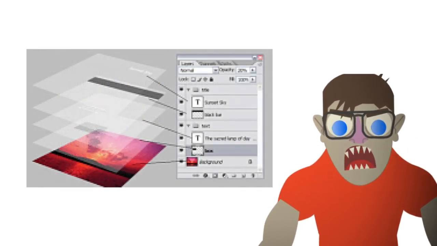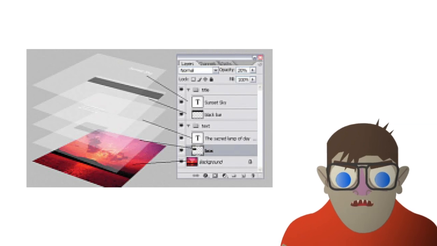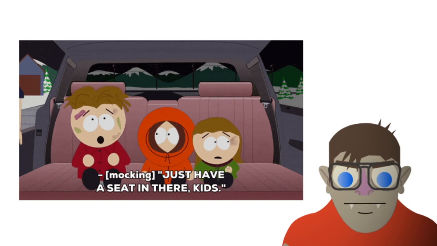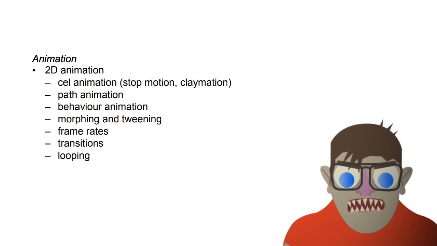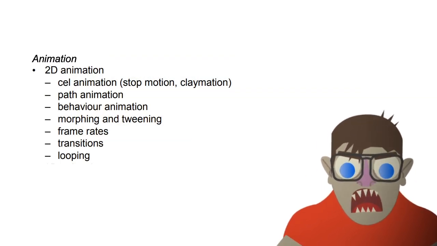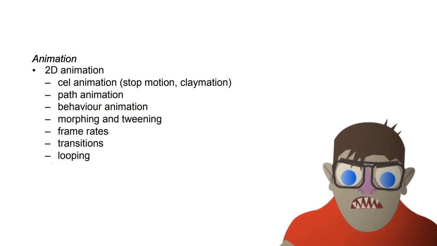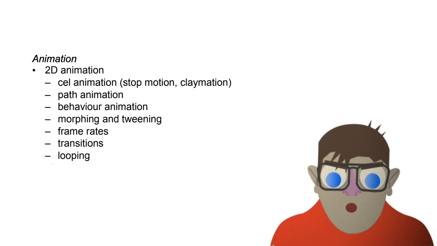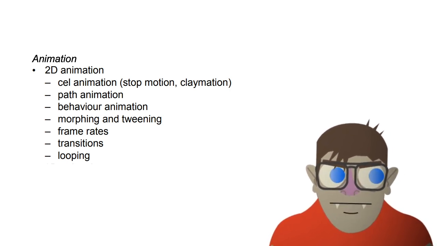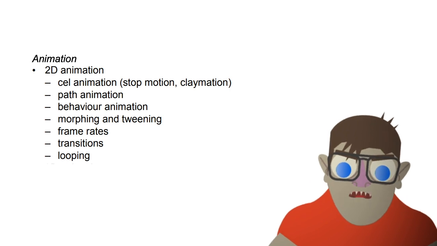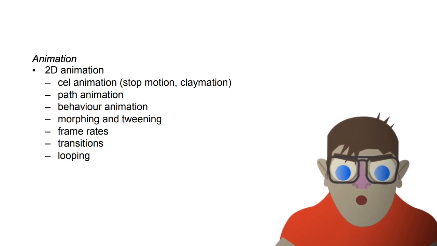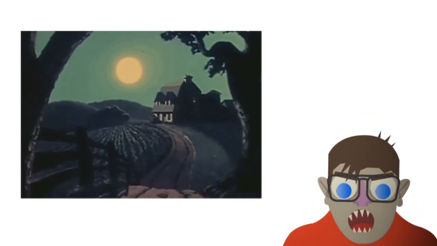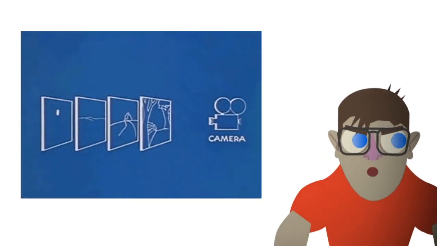So if I had the seat of a car on this layer, I could put my character on a layer in front of it, and I wouldn't see the seat where the character was sitting, so it would be covered by their back, but I might see the headrest behind their neck, and so on. Each of those are usually drawn by hand in cell animation. They're layered on top of each other, which allows for depth of field as well, because we can move those layers forwards and backwards. Disney invented a camera system where these cell layers could actually be moved in and out,